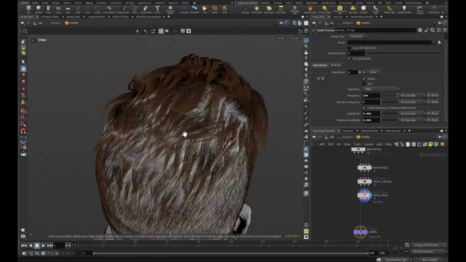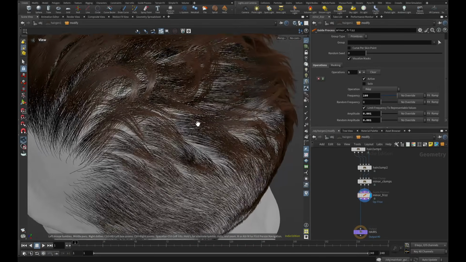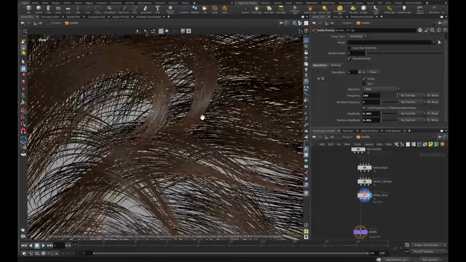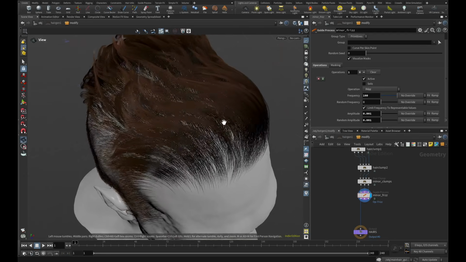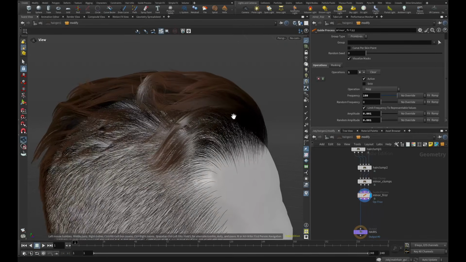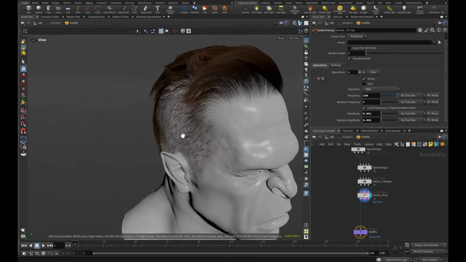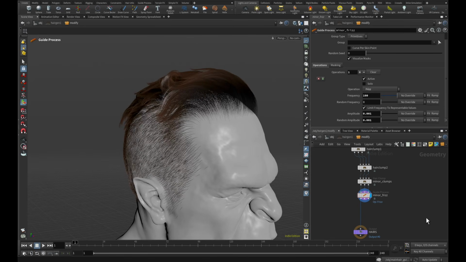This will break up the CG looking hair, the super smooth hair in the rendering. So this part is very important. Okay, so now let's move on to